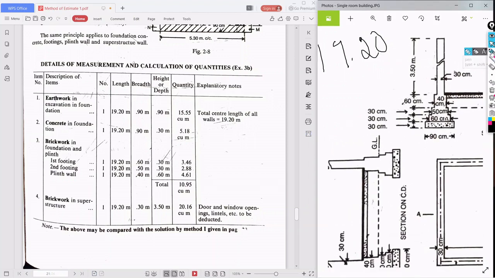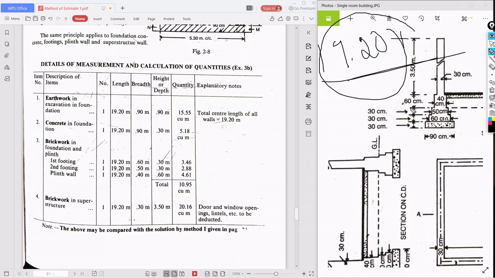19.20, plus, we need not do that, this is the center line length. So 19.20 into the breadth, which is 0.9. What is the height?